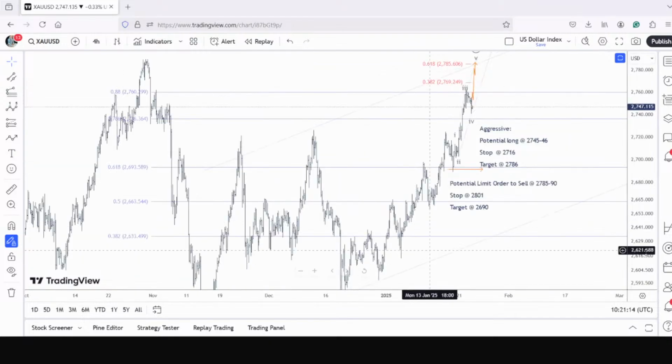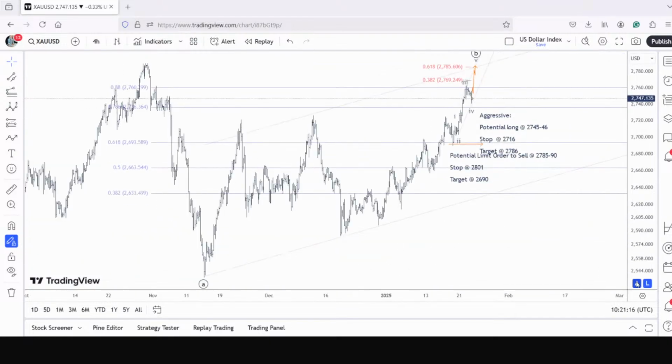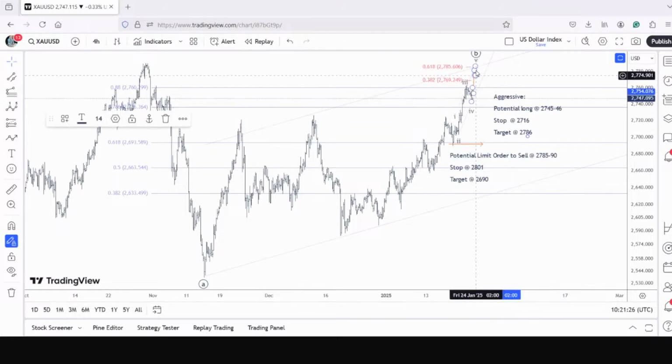We are trying to trade both sides, aggressively long right now, and then we flip from 86. Now, tell you what, it's not necessary that prices will reverse exactly from 86. Ideally it would go above 88, one more high above the previous swing high, and then reverse. So that would be an ideal situation. Okay. So those are the two aggressive trades, potential long and then a limit order